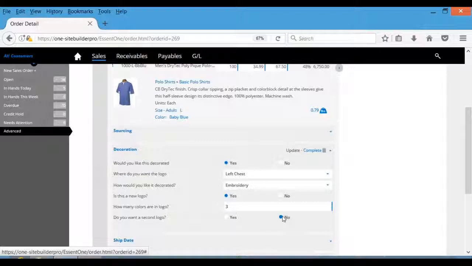So the information from the product configuration survey can be sent to our customer, where they then can sign off on the specs, ensuring everyone is satisfied and on the same page. And this information can flow all the way from our quote or our sales order to the purchase order, alleviating any communication error due to an inaccurate rekeying of information. So let's go ahead and complete this product survey question